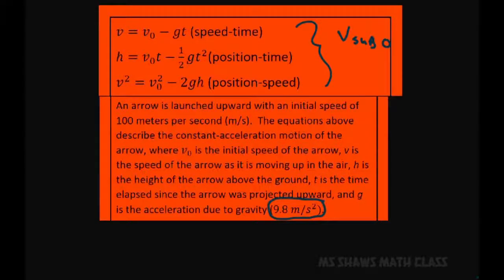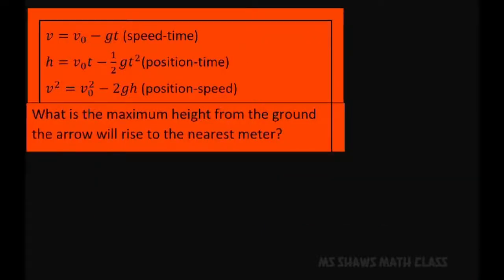So we'll get started. Just remember this part here and answer a few questions. So the first question is, what is the maximum height from the ground the arrow will rise to, to the nearest meter? So what we know is that